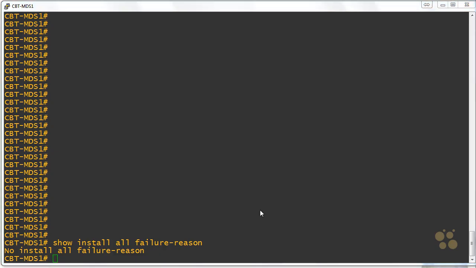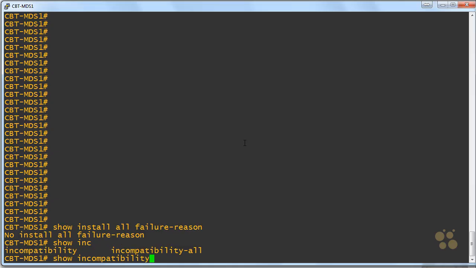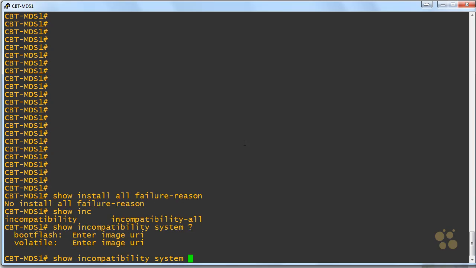Remember, if we're trying to upgrade the image on our system and we're worried about incompatibilities, Cisco gives us a great command for that. It's show incompatibility system, and then we will go ahead and provide the particular boot flash file name that we are referencing for